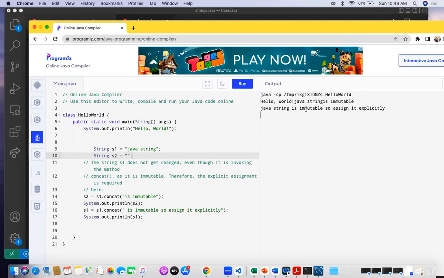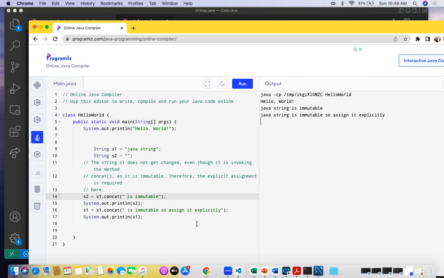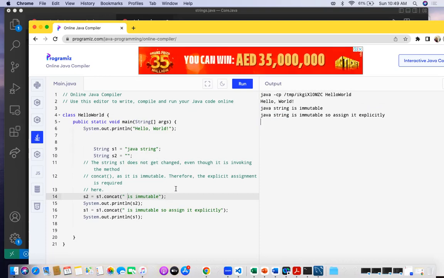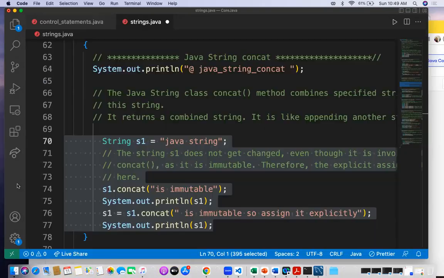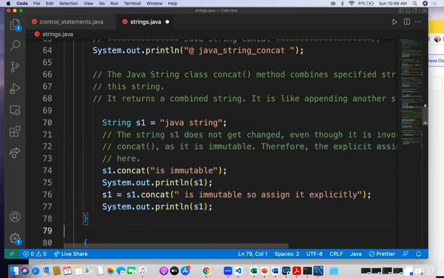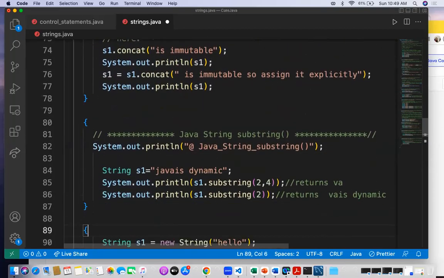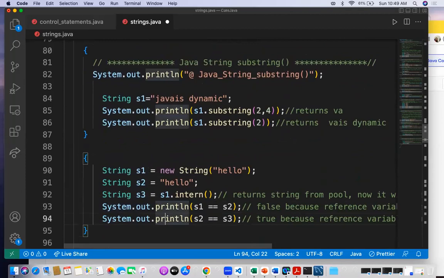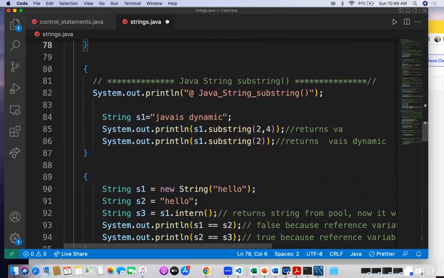Okay, now you can find Java string is immutable. That we have got it. So assigning explicitly is mandatory. Okay, fine, cool. Next is concatenation. Next is substring. So in the substring also we have like